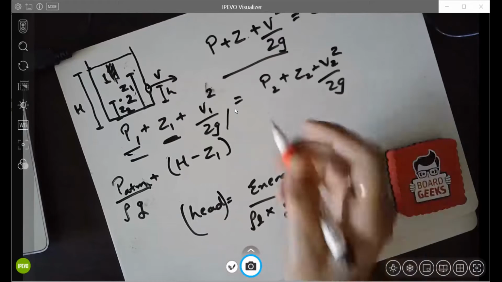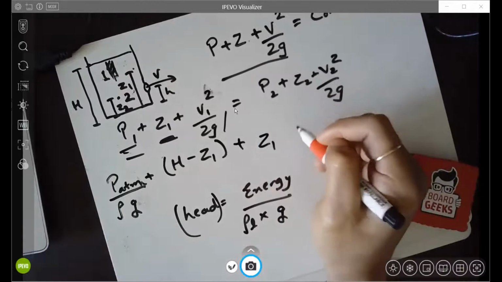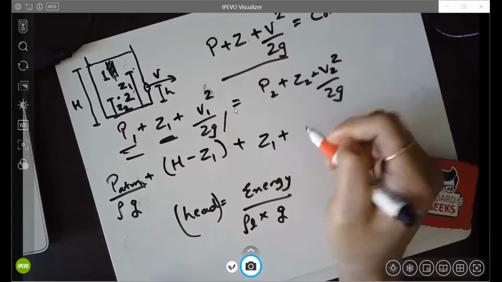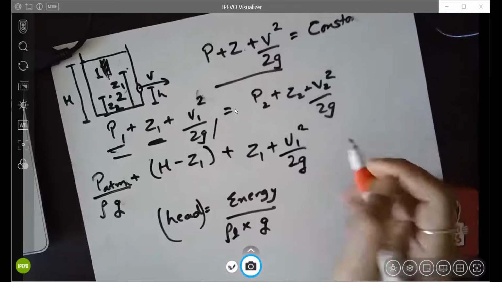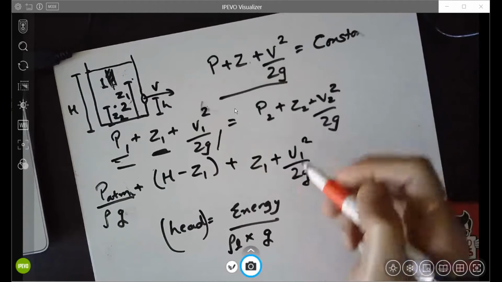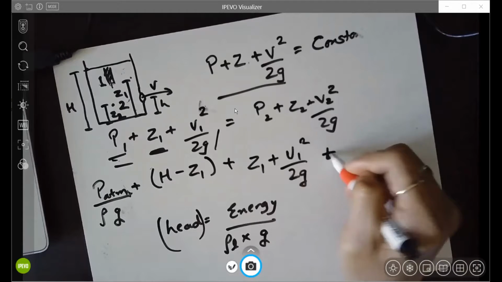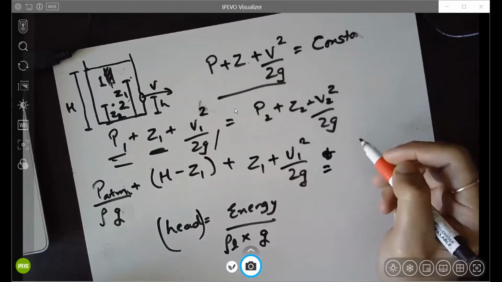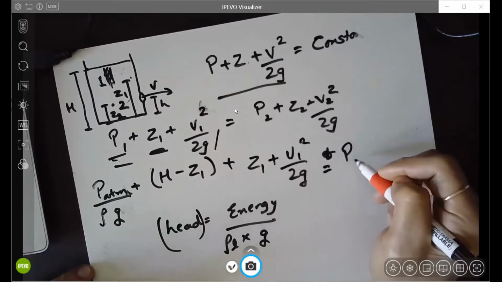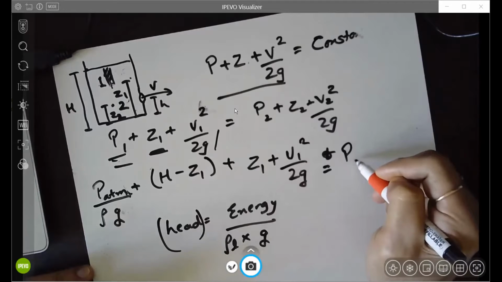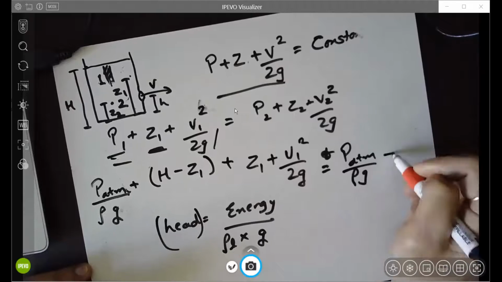So okay, plus Z1 plus V1 square by 2g equal to P2, which is P atmosphere by rho g plus